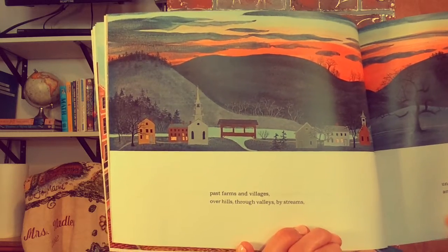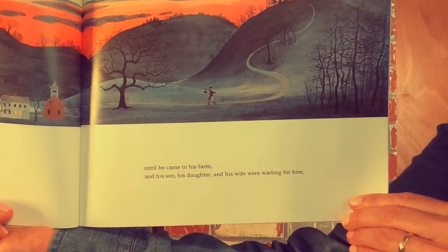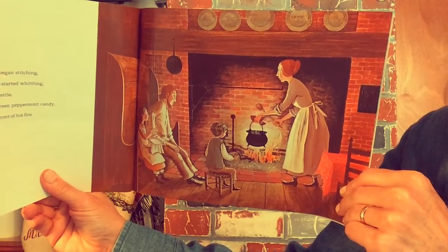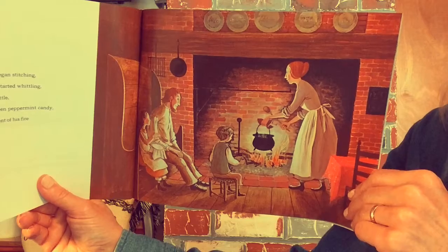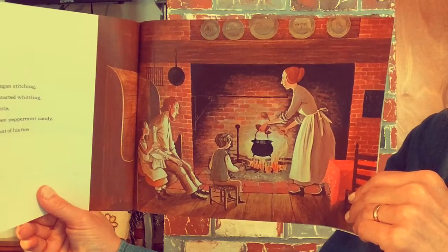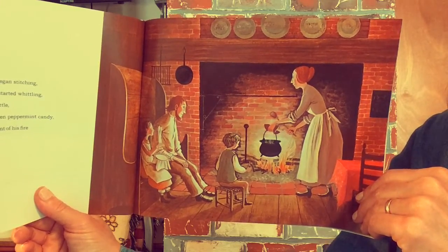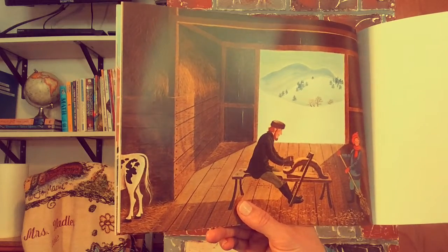Past farms and villages, over hills, through the valleys, by streams, until he came to his farm, and his son, his daughter, and his wife were waiting for him. And his daughter took her needle and began stitching, and his son took his Barlow knife and started whittling, and they cooked dinner in their new kettle, and afterward everyone ate a wintergreen peppermint candy. And that night, the ox cart man sat in front of his fire stitching new harness for the young ox in the barn. And he carved a new yoke and sawed planks for a new cart and split shingles all